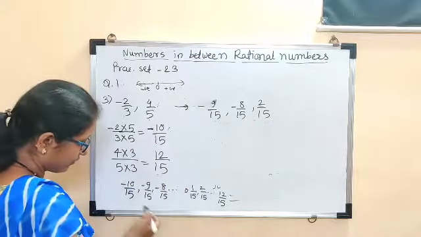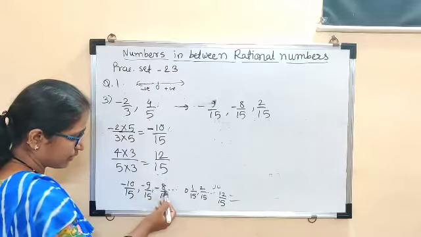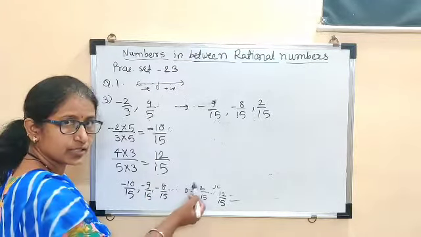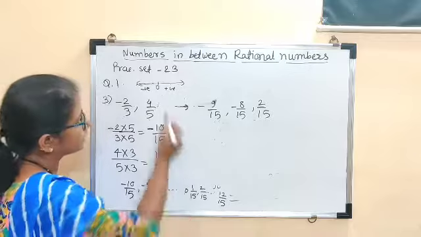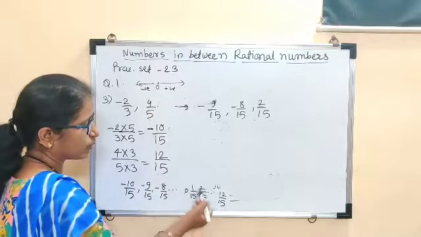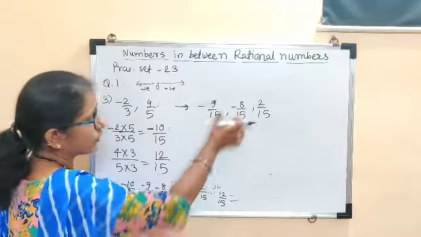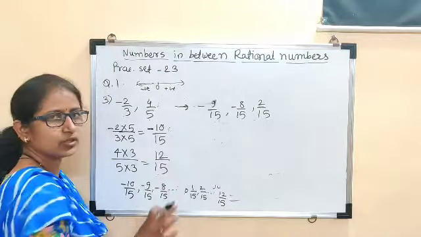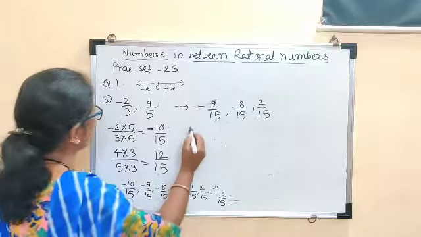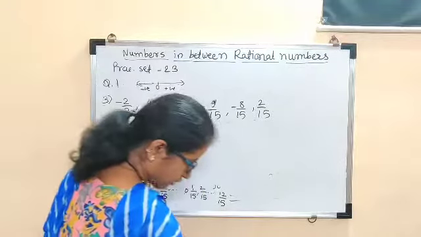Because there are infinite numbers here: minus 10, minus 9, minus 8, minus 7, minus 6, minus 5, then 0 comes. This is the number line. Then positive starts, 1, 2, 3, 4, 5, 6. So you can write positive only, or only negative. Any three numbers. Okay. Now next question, fourth one.